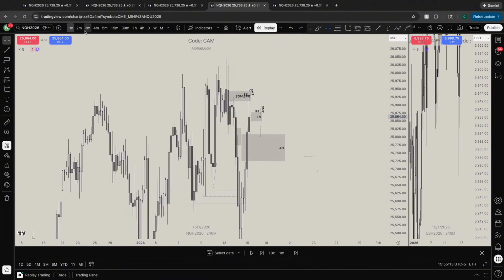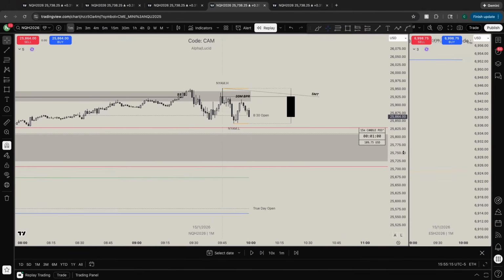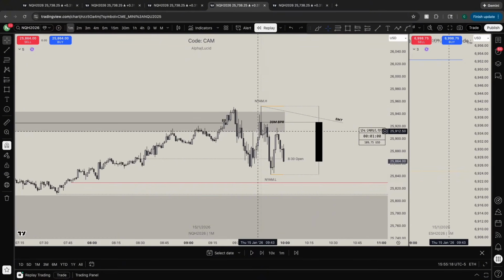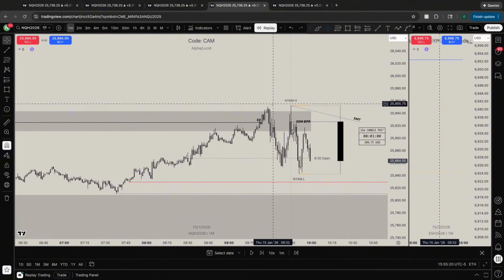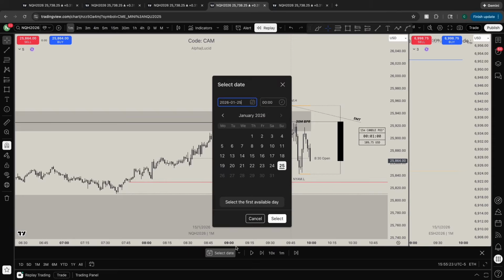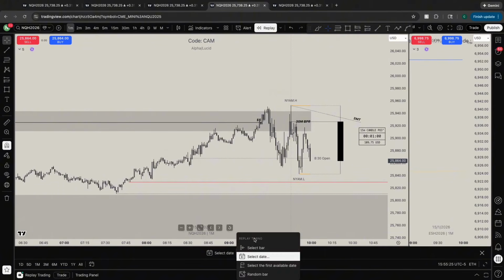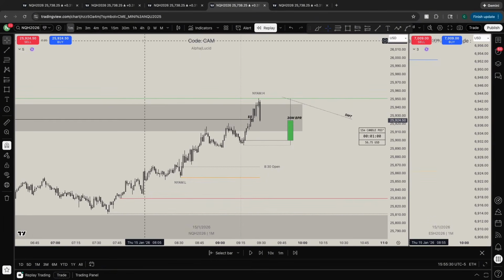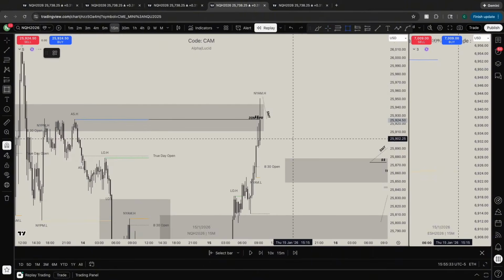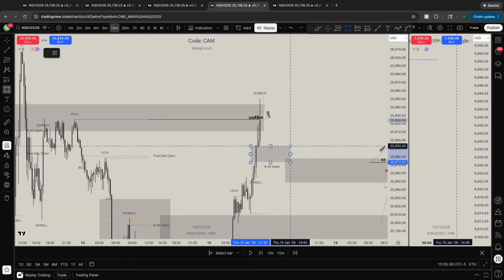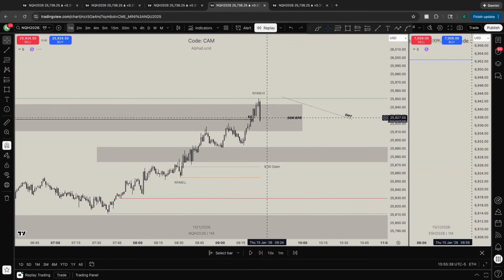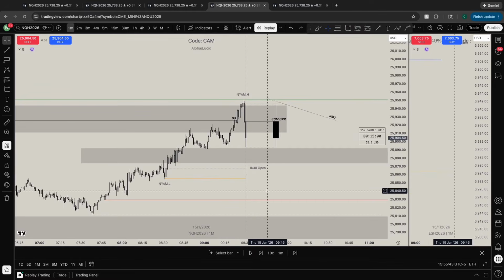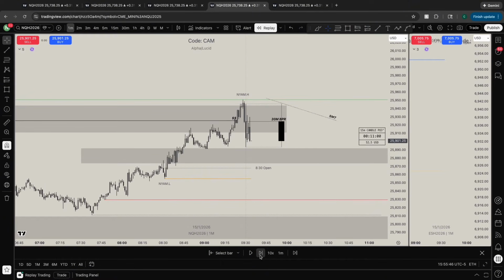Now going down to the lower time frames here, what can we see? So initially, right at open, what ends up happening? Well, we actually end up manipulating lower into a high time frame PDA, which ends up bringing us higher. So you can see that on the 15-minute time frame here, we have an unmitigated 15-minute bullish fair value gap. So what ends up happening here is price ends up opening, putting in a low wick where we manipulate into a high time frame PDA below, and then we see expansion higher where we then end up sweeping internal buy-side